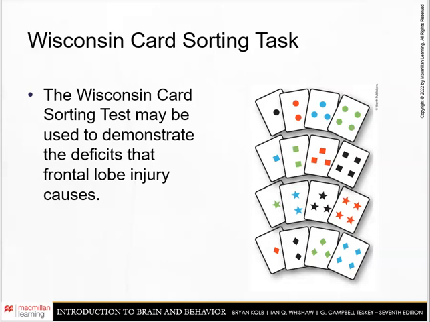And there are a lot of patients I've seen where you change the rule and they continue to play based on the rule that they had figured out before, essentially continue to play the old game. And I keep telling them, no, that's not correct, incorrect, incorrect. And they get really frustrated, as you might imagine, because you're thinking, well, this used to be right. This was what the rule was. But they're not able to apply any kind of shifting in the task.